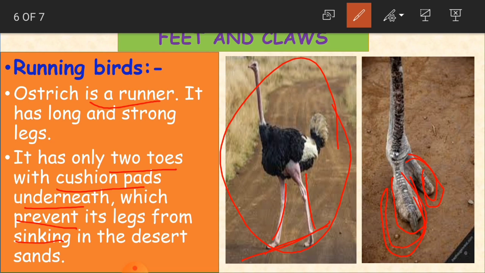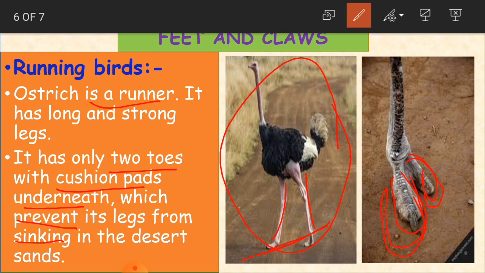Same like that. So in deserts, what happens, children? What type of soil will we be having? It is dry, and you have all sand, dry sand there. So when we walk in deserts, normally our legs get sunk in the sand of the desert.